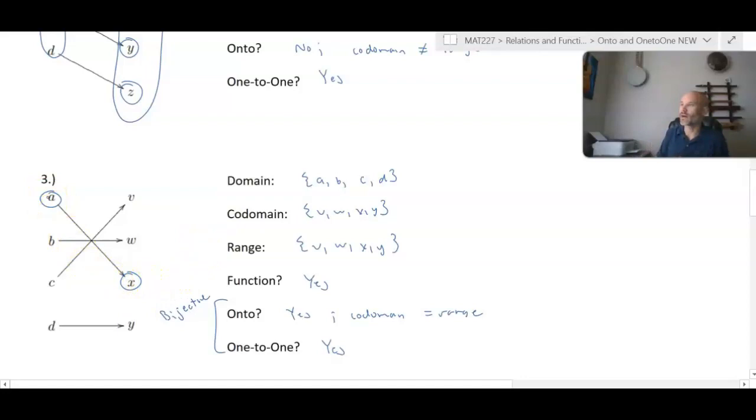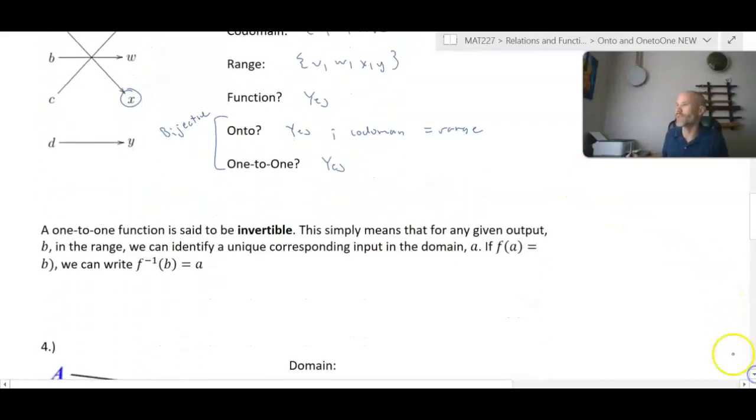So think in terms of, for example, a person's social security number and the VIN number of their vehicle, assuming they only have one vehicle. Every VIN number corresponds to one social security number. Every social security number corresponds to one VIN. Every social security number has a VIN. Every VIN has a social security number. It's a very convenient type of function to work with. That's why we like bijective functions. They just have these convenient features. If a function doesn't have one or more of these features, it doesn't mean it's not a valid function. It just means it's